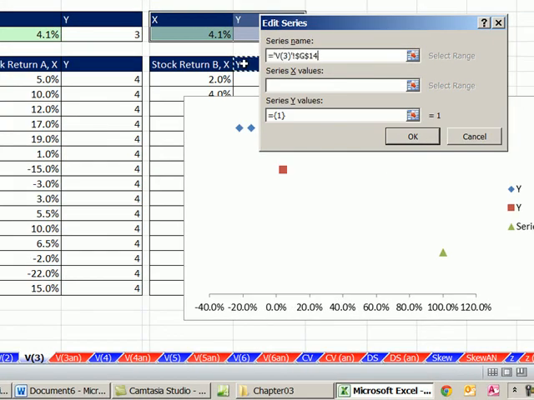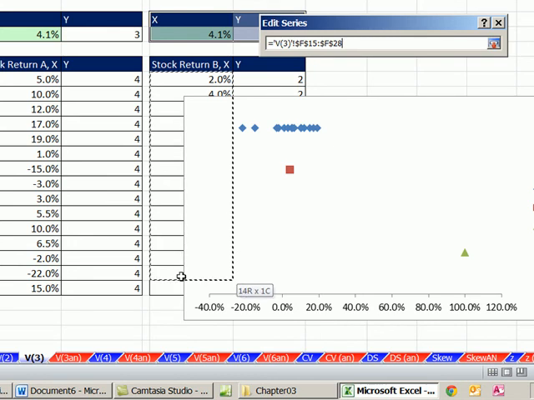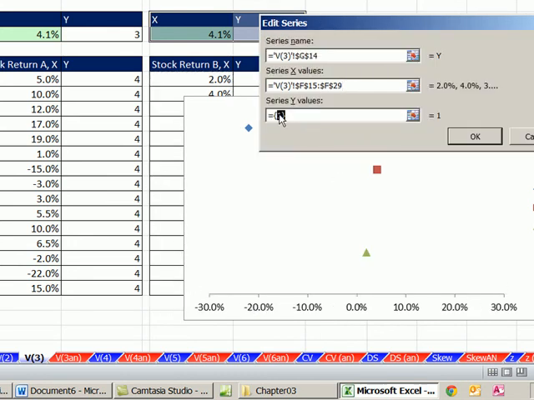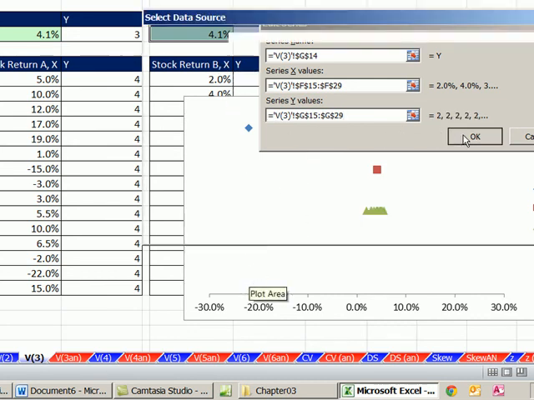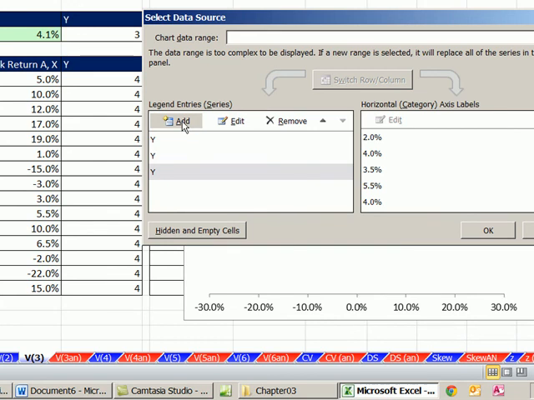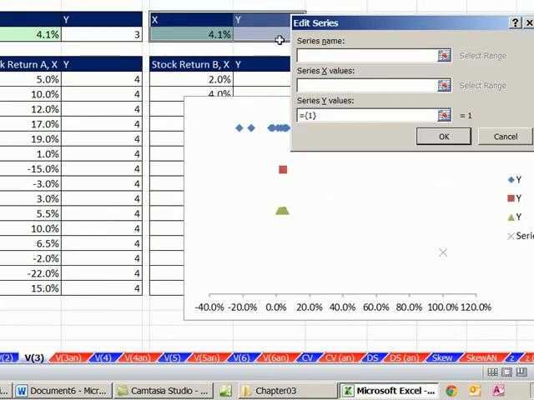Series name, I'm actually going to click right there. X values there. Y values, I'm going to highlight that and delete. Now, I can't quite get to it the way I could there, so I'm going to click there, and I'm going to use my keyboard shortcut, Control-Shift-Down arrow. That's a great trick to highlight data behind a chart. Click OK. And then finally, add series name,